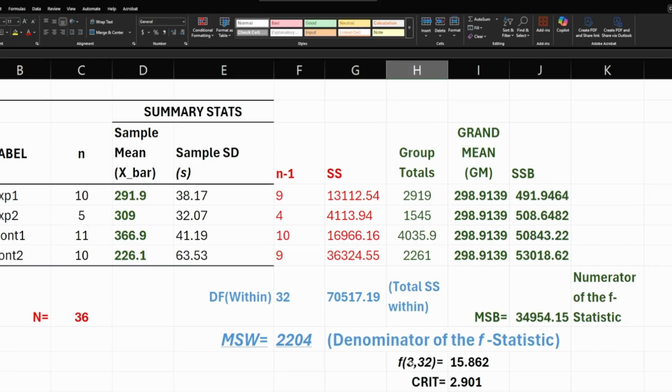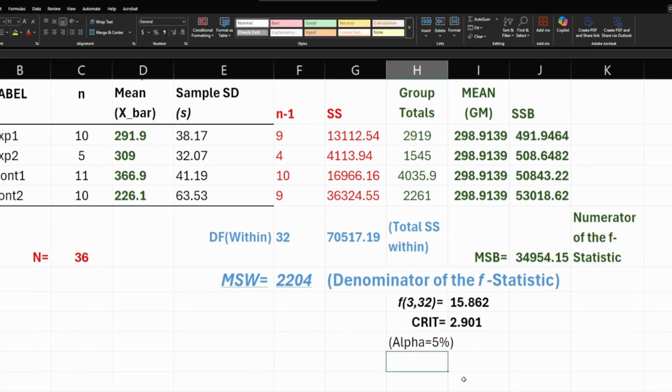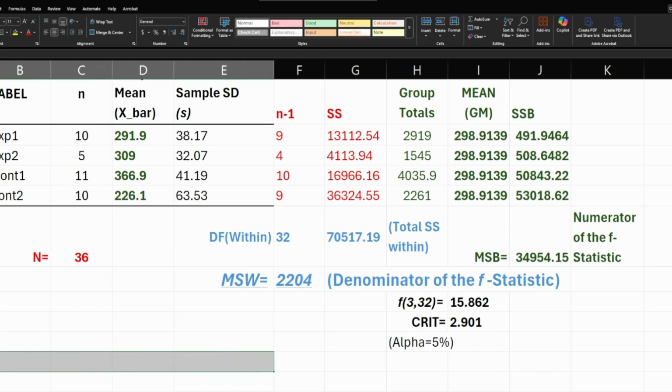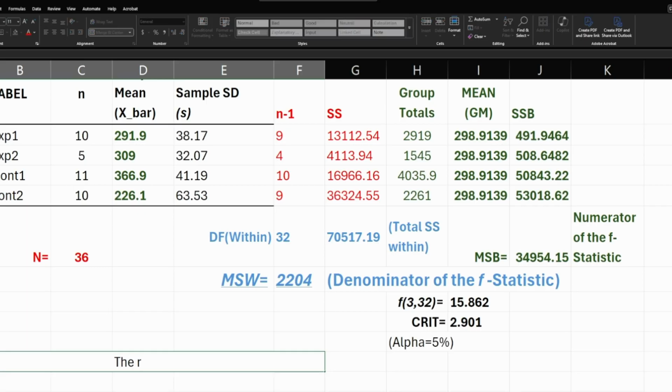So the observed value of the F score is almost 16. This is a very large F score. What makes it very large? Well, the critical value isn't even 3. It's like 2.9. And so we have an F score that's greater than or equal to the critical value. So that tells us, I'll write it over here. This tells us the results suggest